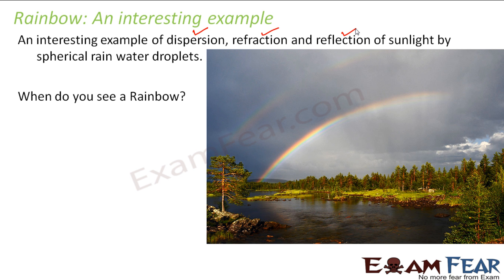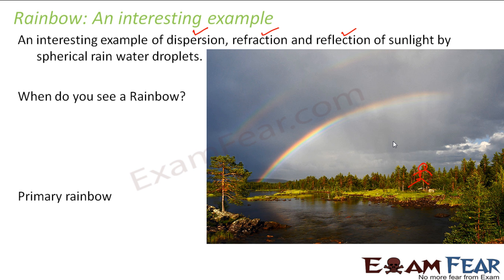So did you understand when exactly you see a rainbow? You will observe it for yourself, that when the rain stops and the weather is such that some part of the sky is sunny, you can see the sun there, and some part of the sky is still cloudy. Now if you stand in such a way that your back is towards the sun, you will be able to see the rainbow in front of you. In this picture also you can see a rainbow. This part of the sky is cloudy, whereas this part of the sky is a little sunny. So if you stand somewhere here, you will be able to see this rainbow.